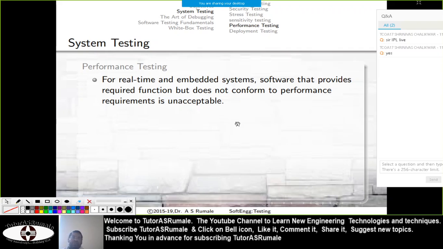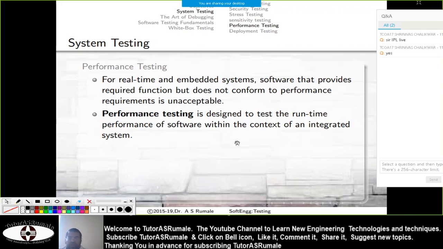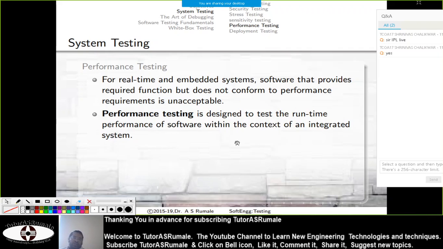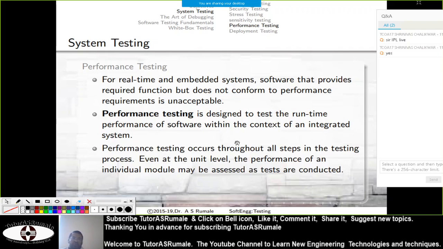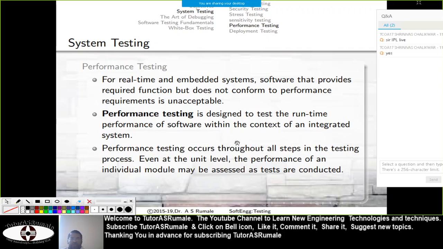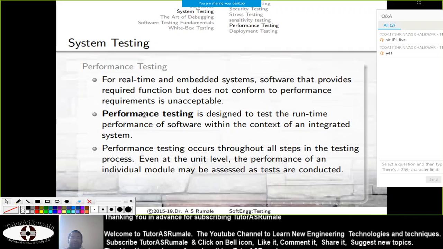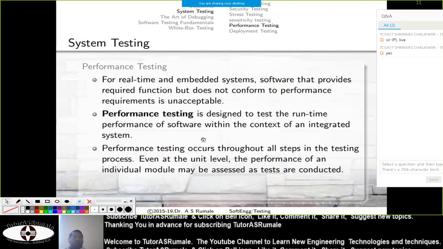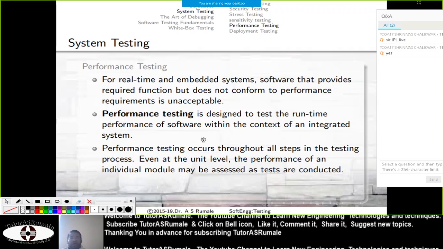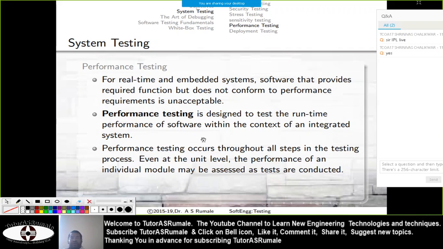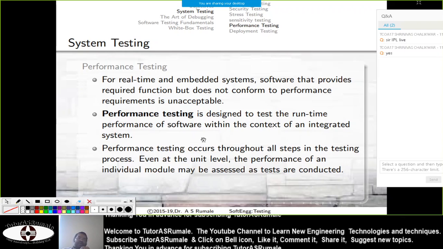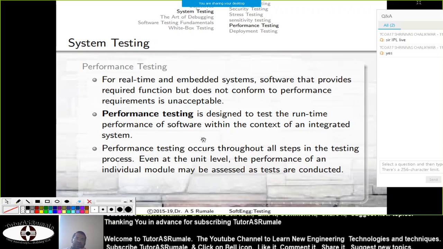So there are many such hard real time systems. This testing is done to test the runtime performance of software within the context of an integrated system. Another example of real time system performance testing is when we launched Vikram on the moon, the Vikram satellite, which was actually a pathfinder on the moon.